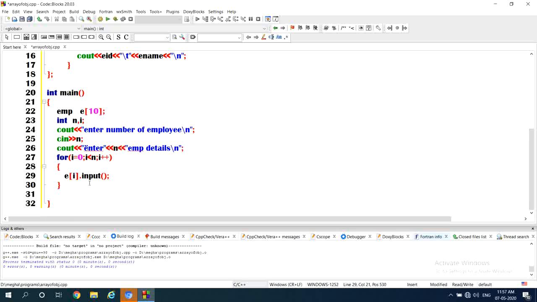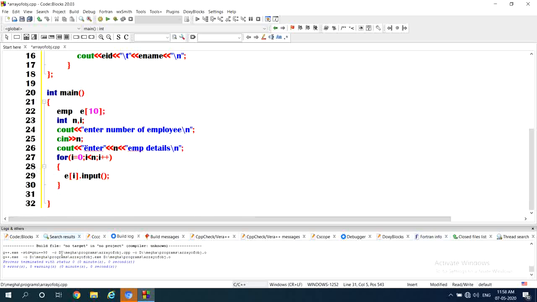First time i value 0, E of 0 dot input. The input function is going to execute, gets the value from the keyboard and stores it in the E of 0th location. Next i increments, i becomes 1, again 1 less than 3. I assume n value is 3. Now E of 1 dot input. Again the same function is executed. This time values go to E of first location, that is the second employee, like the third employee also.